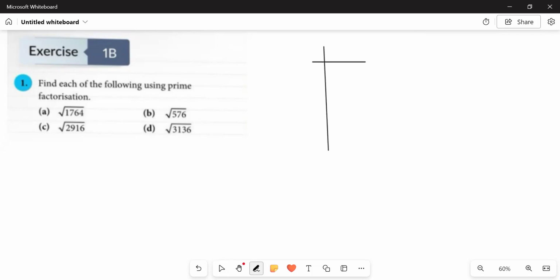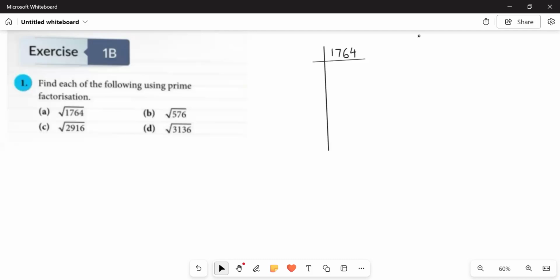Simply we make a table, write down the number that is given on the right side, and then try to find out its factors that are the prime factors of the given number on the left side. ठीक है? जो given number होता है उसके हमने सबसे पहले prime factors निकालने होते हैं on the left side using the divisibility rule that we have learned so far.